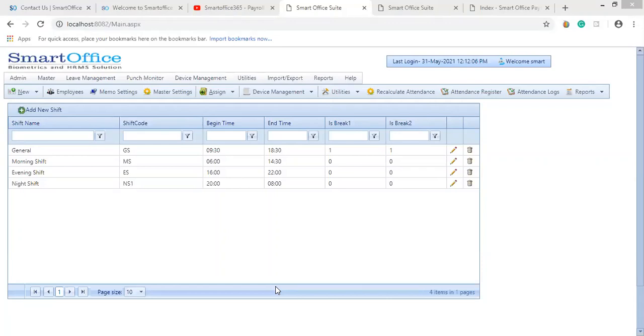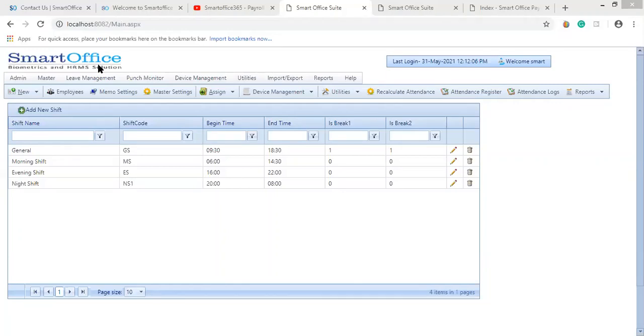So in that case, what happens if I missed my in punch and directly punch at 2:30 and log out? Should the software consider that punch in the morning shift or in the afternoon shift? Definitely it will consider it in the afternoon shift only. But the software doesn't know that you have missed the punch, because you don't have the first punch.